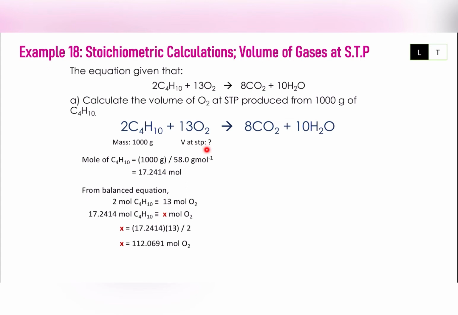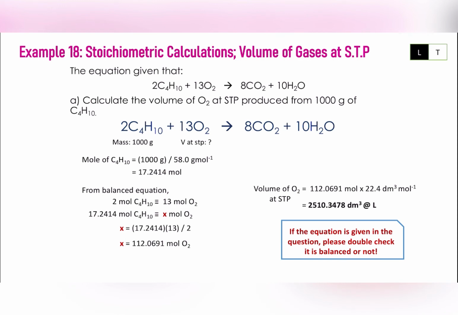We are going to use the formula mole equals to volume over molar volume at STP. So rearrange that one. We put the subject as volume of O2 at STP. So this is our subject. And once you rearrange, you will get mole of O2 times with molar volume at STP. So you will have this value as your final answer. Settle for example 18. So the tips here is, when you got the equation, please double check whether it is